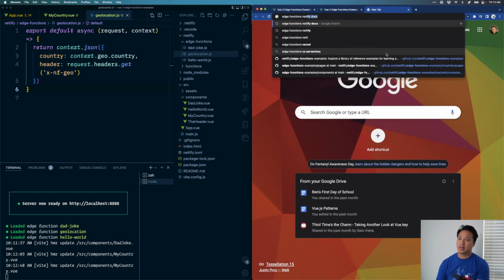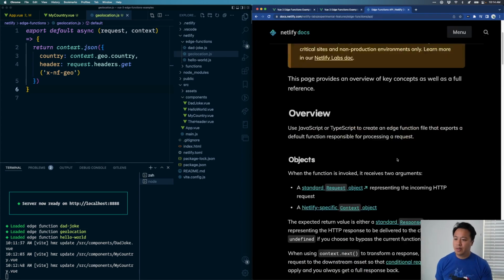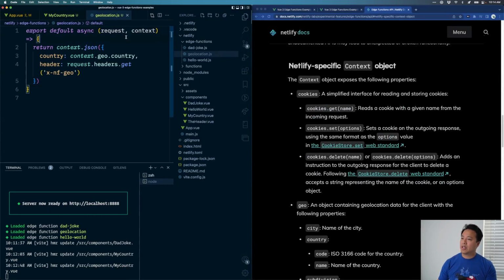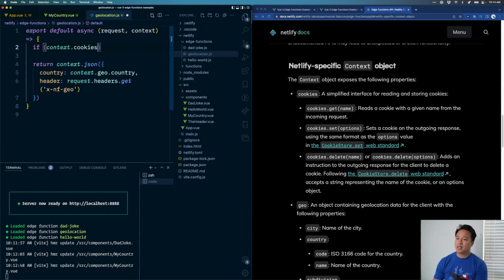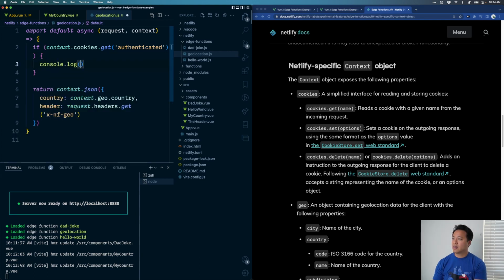So Edge Functions, Netlify cookies. So Edge Functions here, here's the API. What might happen here? All right, we get this context object. So what I want to do is, if context.cookies.get, and we're going to call it authenticated, is true, because there should be a value. If that's true, log, well,